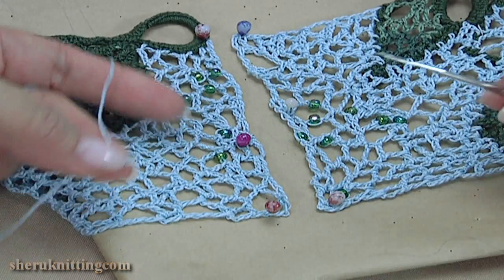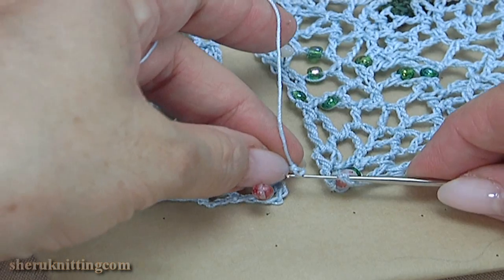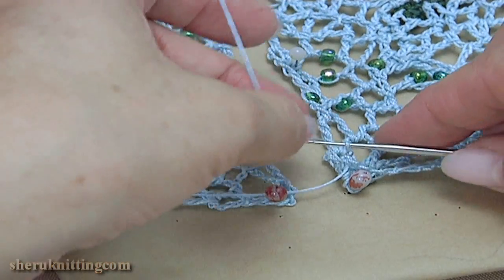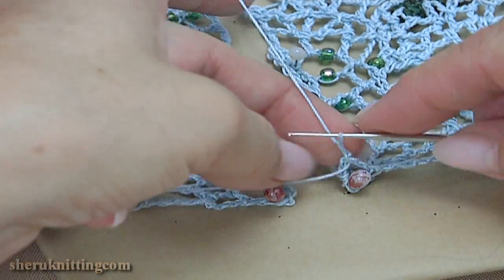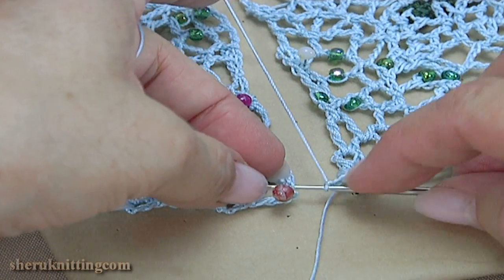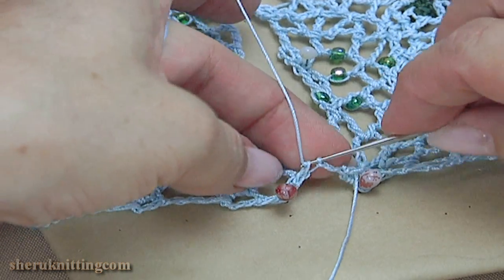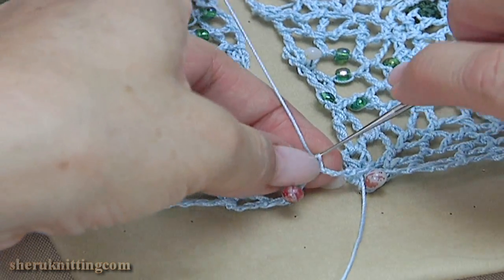I pin my parts, insert the hook into the corner, take the working loop, pull it through, make a chain, 1, 2, 3, insert the hook into the chain space, and make single crochet, chain, 1,